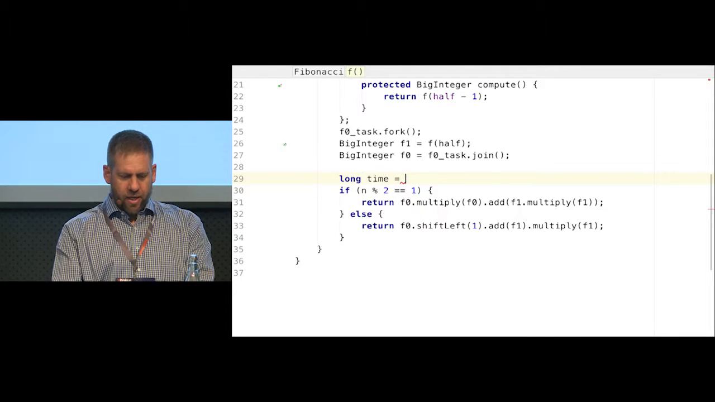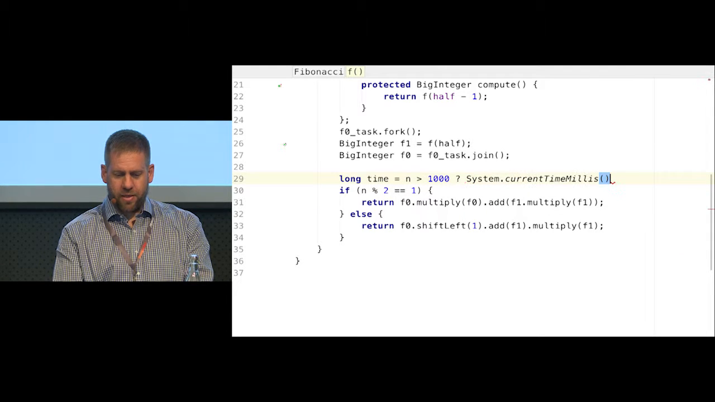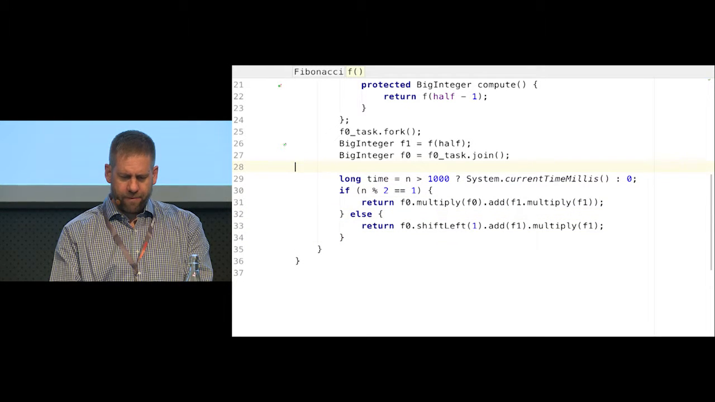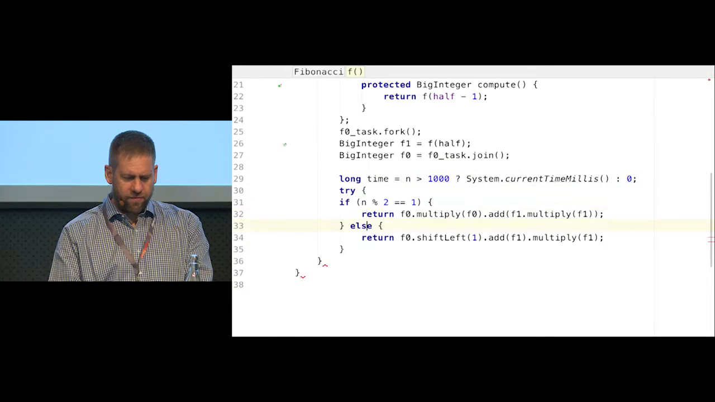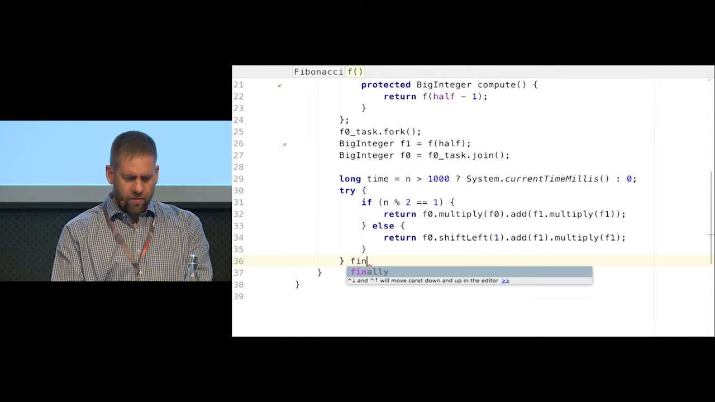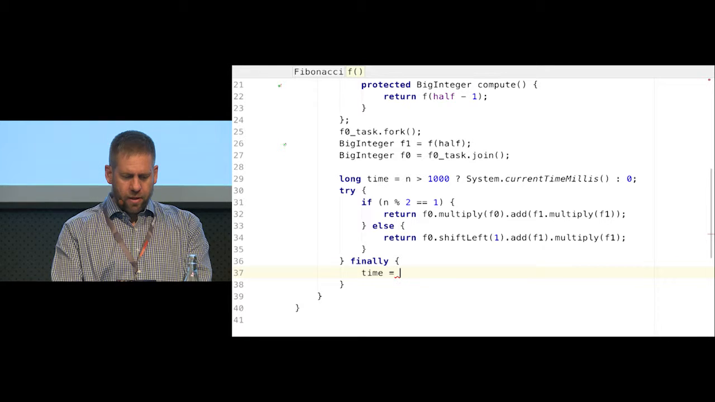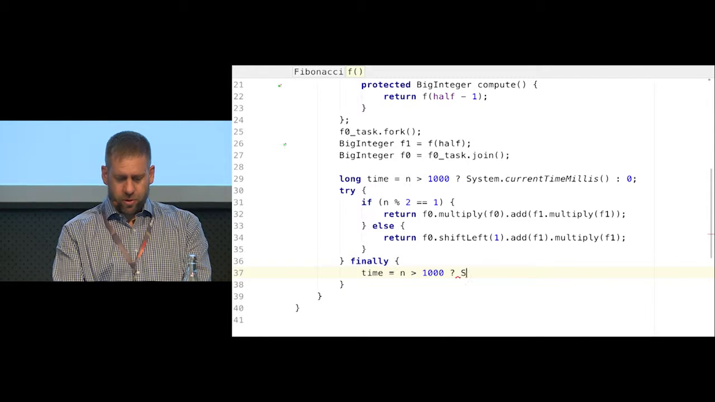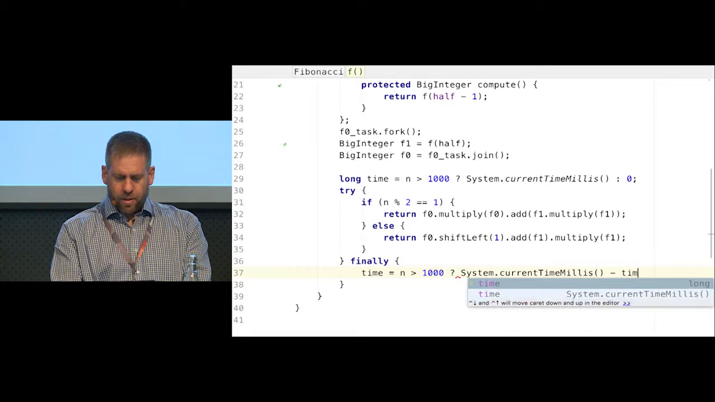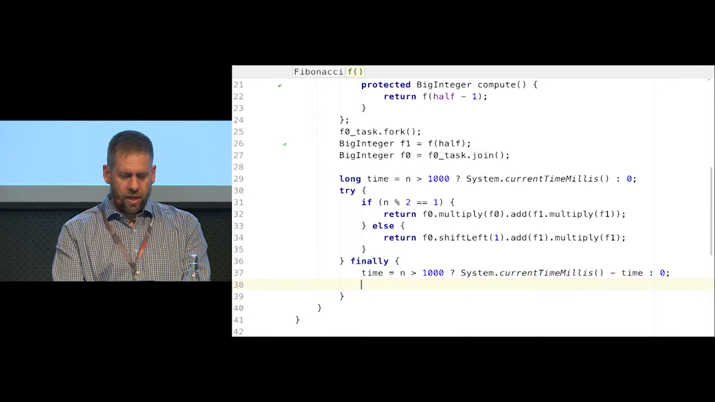So it's going to be, if n is bigger than 1,000, we're going to call System.currentTimeMillis. Otherwise, we just set it to 0. And then we're going to say try, and finally, time equals, again, if n is bigger than 1,000, System.currentTimeMillis minus time. Otherwise, we just make it 0. And then if time is bigger than 100, let's make it bigger than 50, then we're going to print out